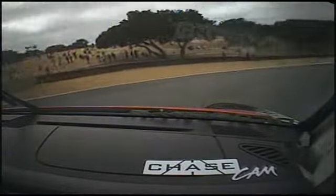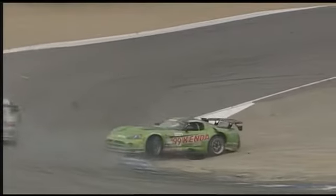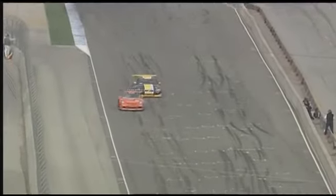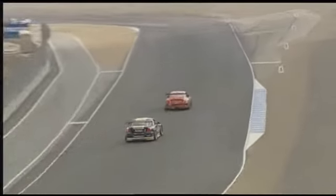Top of the corkscrew, Dino literally clouts the back of the number 99 car. He was on his way to a great finish, too, in that Kenda Tires Woodhouse Performance car. Last lap now as they come back onto the front straightaway. This has been the best battle on the track. James Sofronis is gone, and these two guys are contending for second and third place, and this has been an